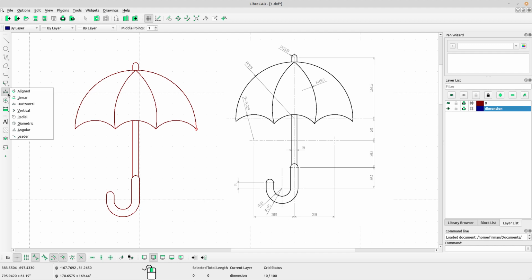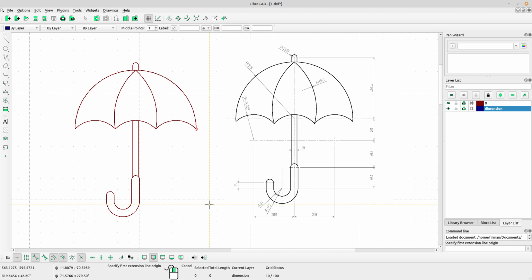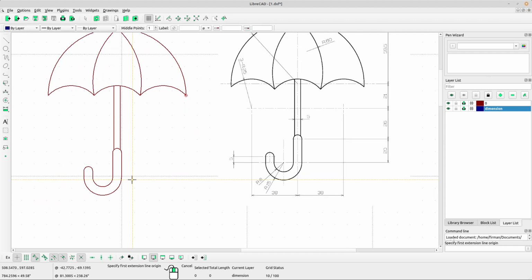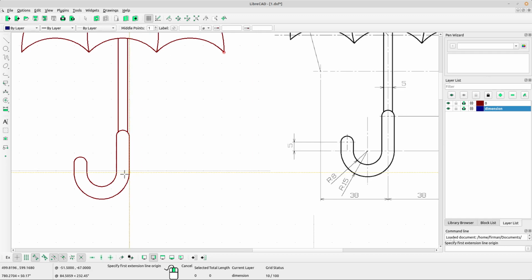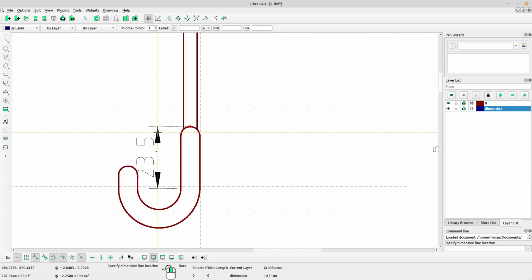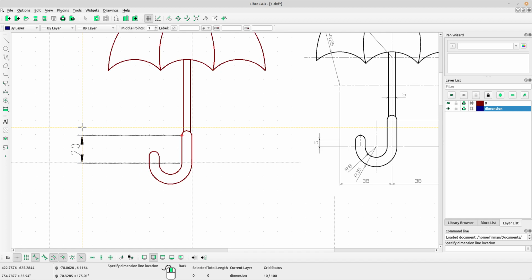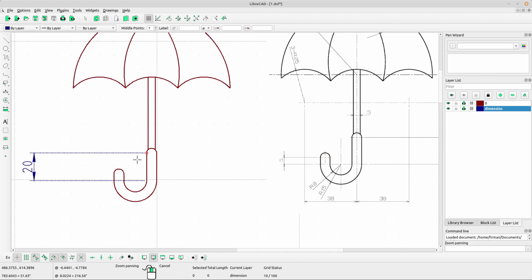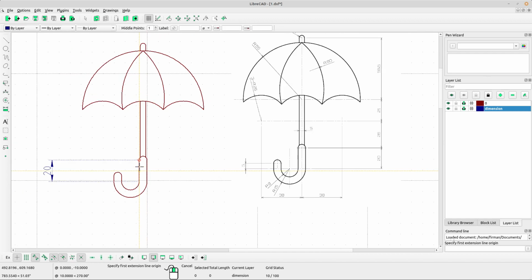And for the parts, I want to create vertical dimension. Select vertical. Okay, vertical. It's wrong. Select again vertical for the point to this point. Next,